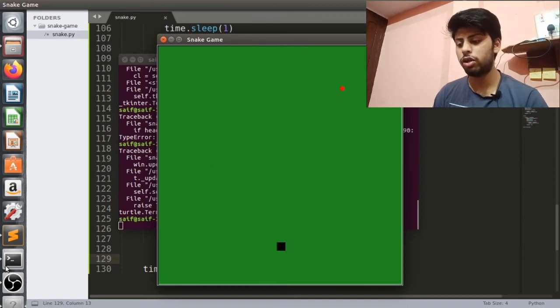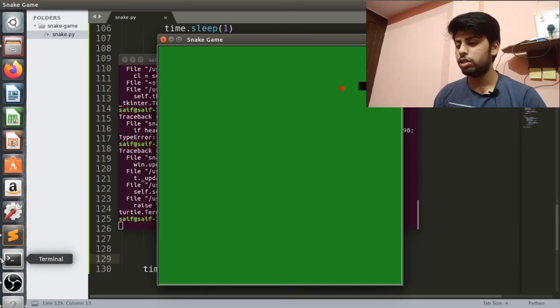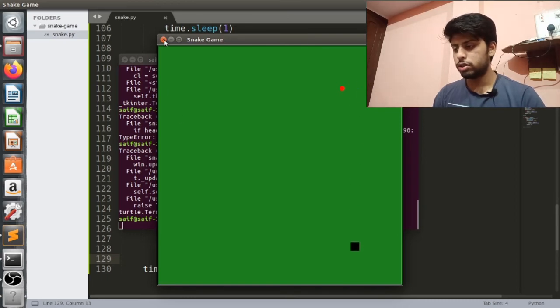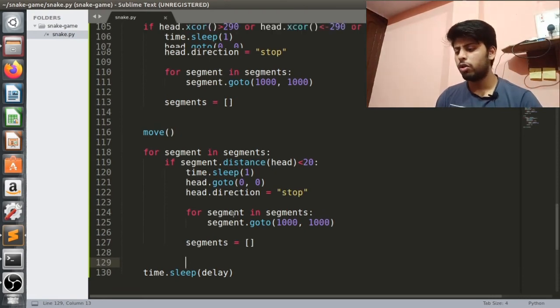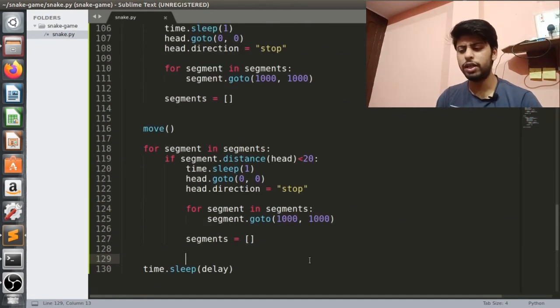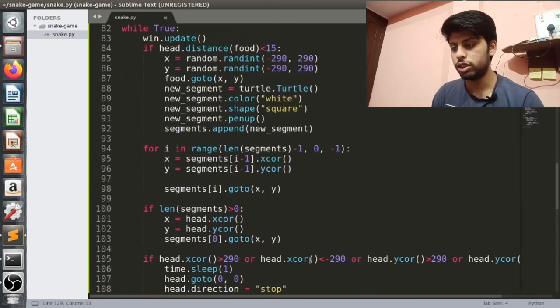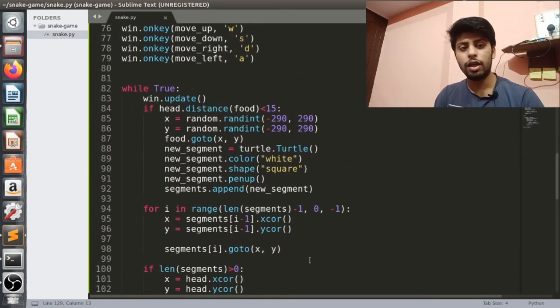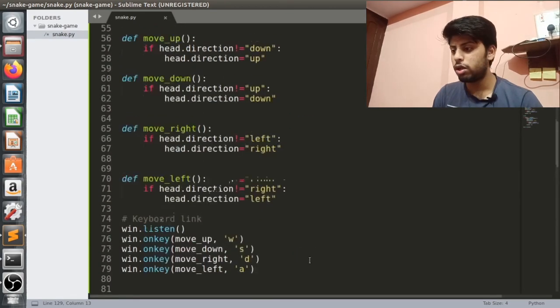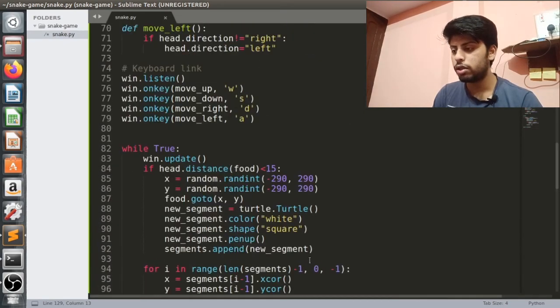So it is working, it collides with itself, and the game is started again and the segment is empty. So let's go further here. We have created a snake game, but we want some changes also. We want some more functions, like color. I want it to be colorful, so I will write here